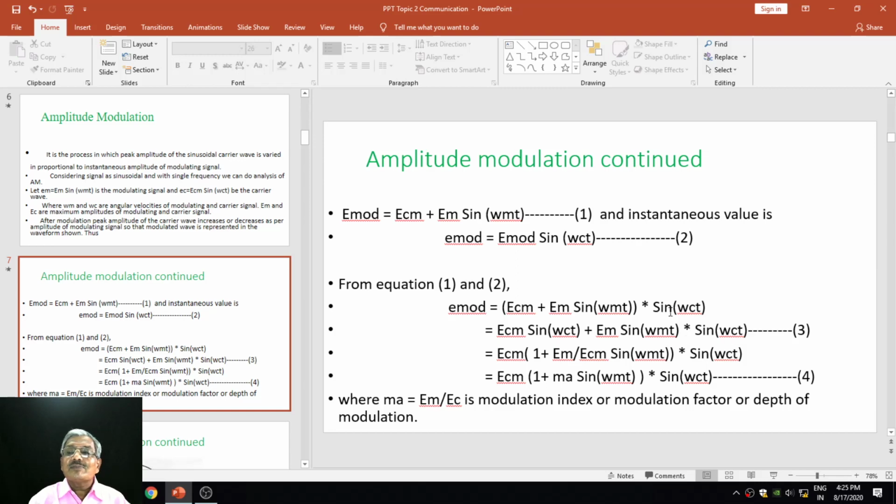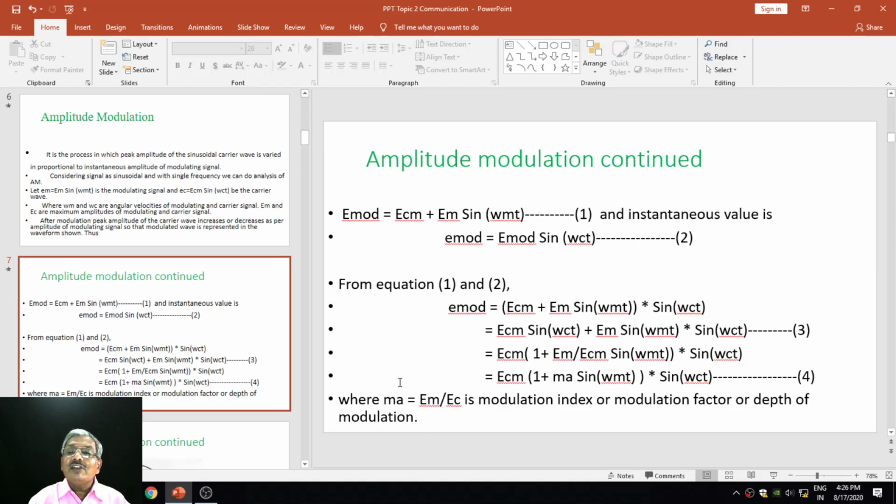Which can be simplified as, we have to multiply the whole bracket by sin omega_c t, so as to get E_CM sin omega_c t plus E_M sin omega_m t into sin omega_c t. By taking E_CM sin omega_c t common, we can write E_CM into bracket 1 plus E_M upon E_CM sin omega_m t into sin omega_c t. Which one can write as E_CM into bracket 1 plus M_A sin omega_m t into sin omega_c t. Here M_A is a new term which we are getting. This is equation number 4, where M_A